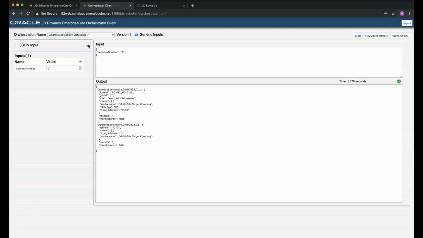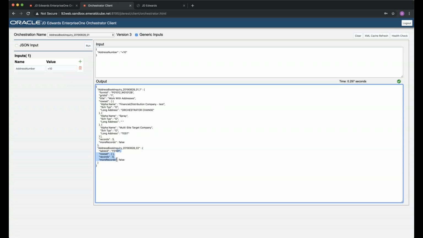So you see here, we have the address book inquiry 2 and the address book inquiry 1. And what this is doing, you'll see, is this one's using the form and this one's using the actual data browser. It's going directly to the data, but it gives us back much the same data. Now, as an example, you'll see when I do less than, likely the second one is not going to like it as much, right? So it's giving us back 0 records because it's actually searching for that less than sign. But the first one is giving us back multiple records, you can see here. So we have 1 record here, another, and another, because there's 3 records that are less than 10 in this case.